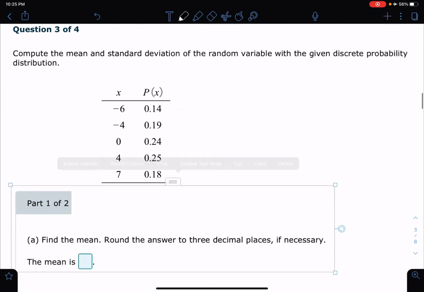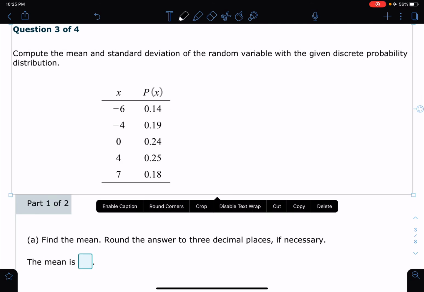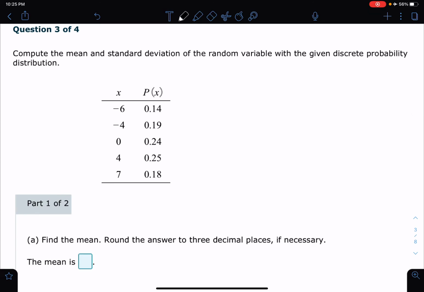Okay, next question. Compute, number 3, compute the mean and standard deviation of the random variable with a given discrete probability distribution. So this probability distribution is already given to us. And whatever is happening here, they don't have a backstory, but they're saying